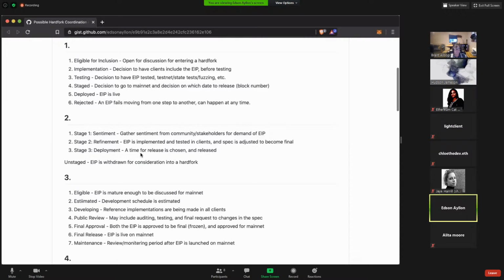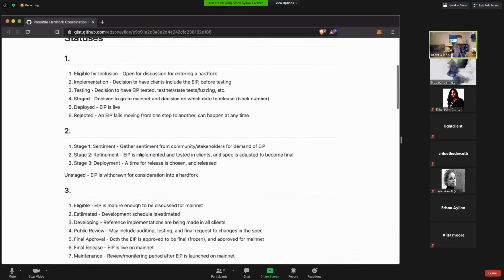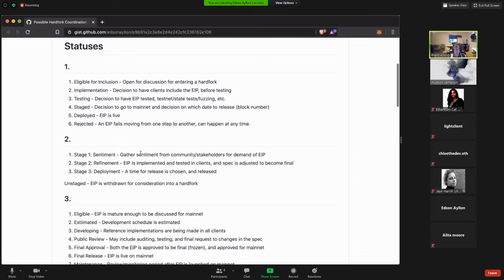Any questions about the first one? Yeah, I'm just wondering about rejected. For example, I'm imagining ProgPow, and a lot of people would want something like that to move to rejected. Anyway, I'm just wondering what some of the thoughts are on how things like that would be determined. Yeah, so here, it's just the status, not really how it's determined, but that could be a good way to figure that out.